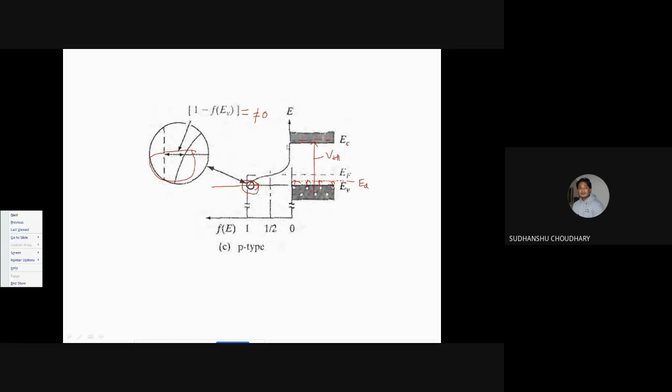Similarly, if you talk about the conduction band energy level, you see that Fe may be 0 somewhere here itself. So I cannot find electrons above this energy level. That is, the conduction band should be empty, I should not have any electron. But some electrons will be found because of thermal generation from the valence band to the conduction band. So that number will be small.